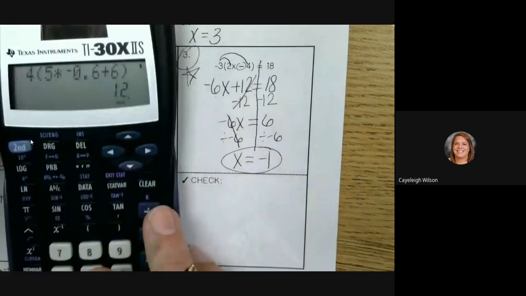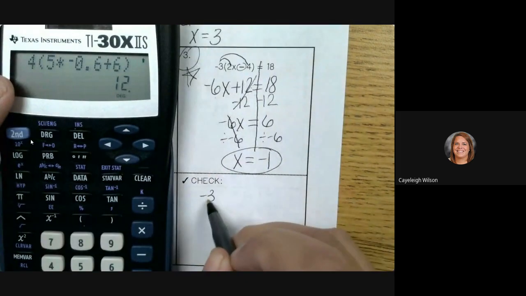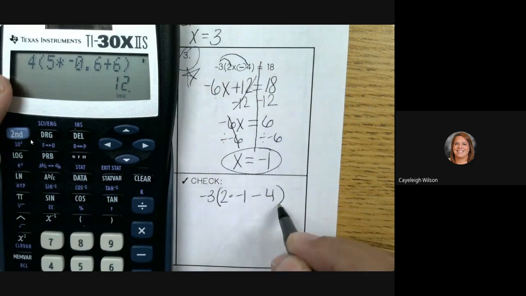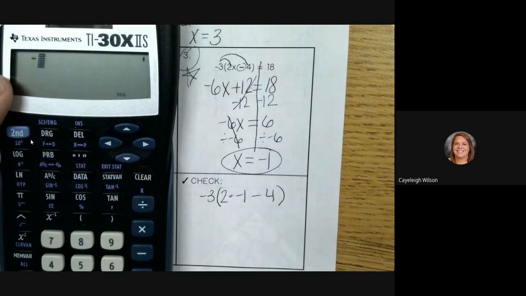And I'm going to check mine. No, I didn't check the other one, but we'll check this one. So I'm going to do negative 3, and then in my parentheses is 2 times x, but we just said x was negative 1, minus 4. And I'm going to type that exactly like I just wrote it. Negative 3, parenthesis, 2 times,